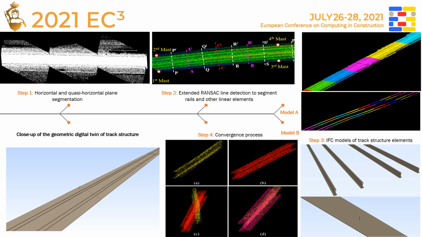The first step of the third process of our framework is separating ground points, including horizontal and quasi-horizontal planes, from the point cloud dataset. This is essential as it permits segmenting points associated with rails and track beds from the railway point cloud. It allows one to easily exploit the linearity of the rails against the ground using a linear feature